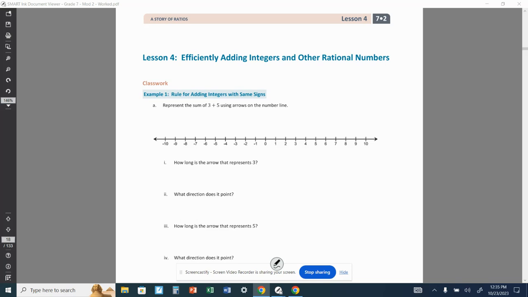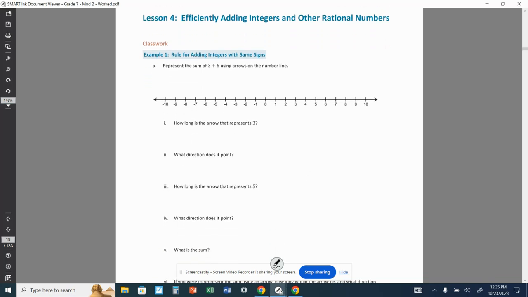Alrighty, so looking at lesson 4, it says to efficiently add integers and other rational numbers. This is for 7th grade. When we talk about it, we talked about a mnemonic device, right? Just a shortcut, a tip, a trick, something to remember to help us. Remember we talked about when the symbols don't match, plus a negative or minus a positive. When they don't match,